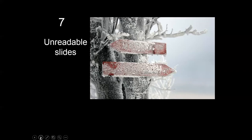It isn't just text size or too much information that makes a slide unreadable. How about the presenter who uses white text and then inserts a background of light blue sky with clouds? Using text and background colors that are too alike, or maybe worse, too different, can make your audience's head spin. It is generally considered impolite to give your audience a migraine, so think about the total slide design before you